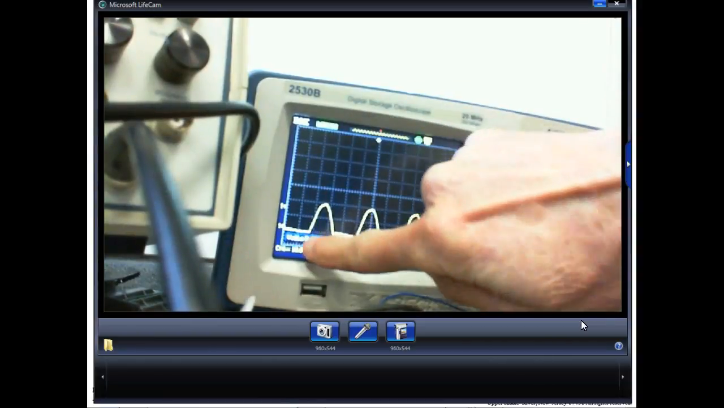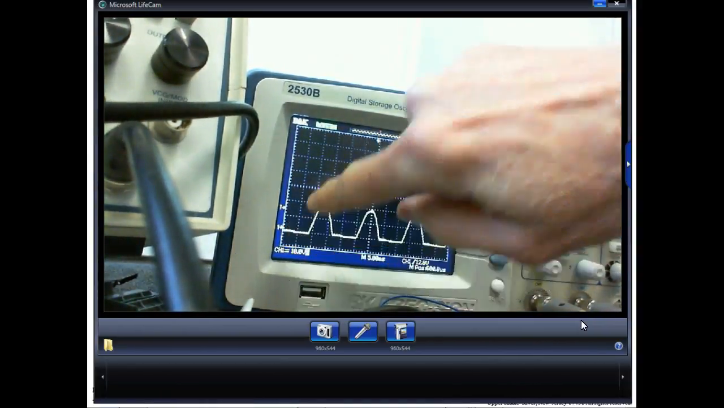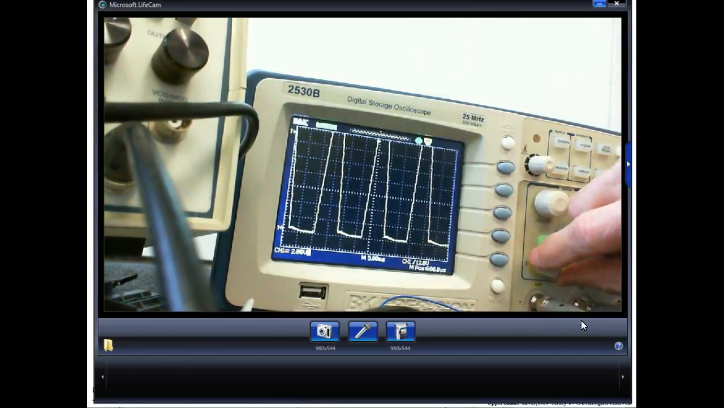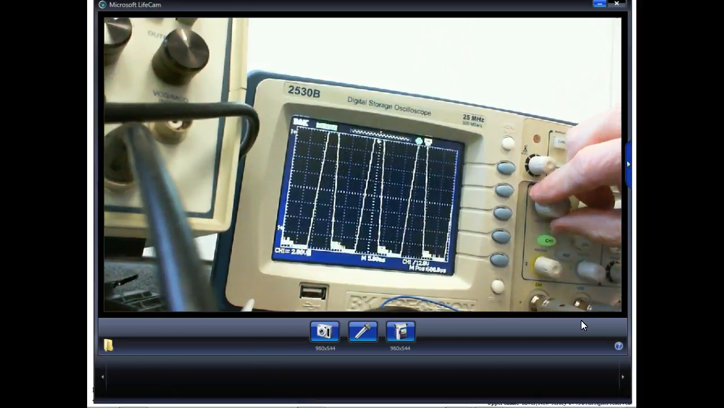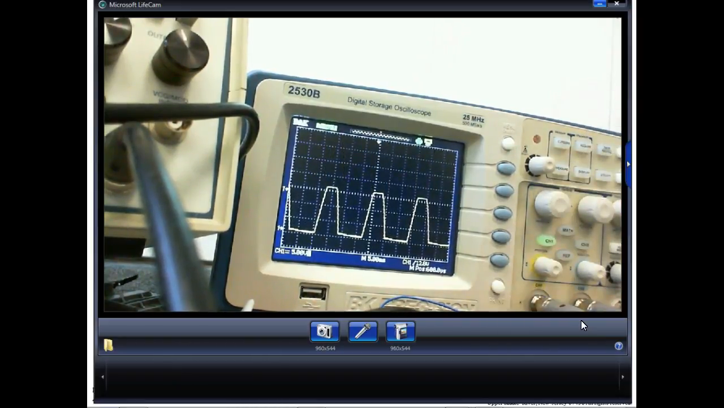But notice it shows me my 0 volt reference is moved right here. Okay. Then what I'm going to do is take these volts per division and make that as big as I possibly can make it, and still keep it on the screen. So this is the best we can do right there. Okay. So now what I'm going to do,